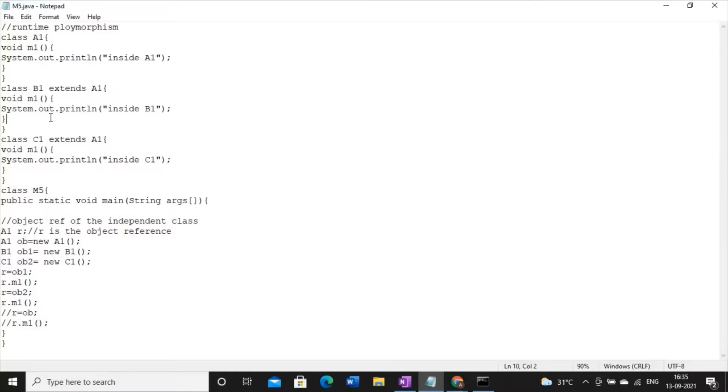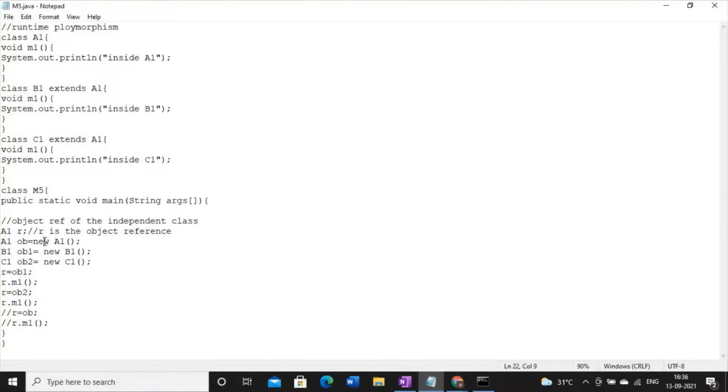But tell me one thing, can I use this object reference concept to solve method overriding in case of single inheritance? See, try to understand. Dynamic method dispatch is preferable over hierarchical inheritance, fine. But whenever you are trying to solve the problem of method overriding with object reference, then it is runtime polymorphism.